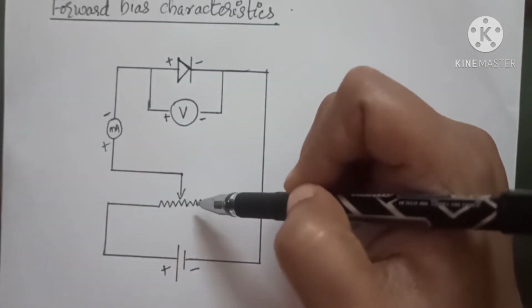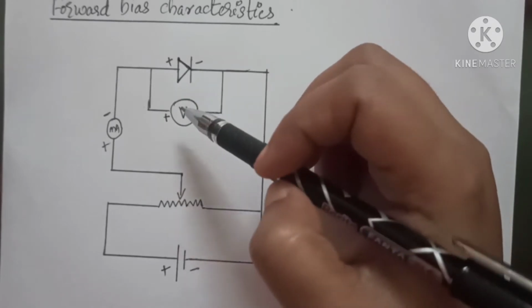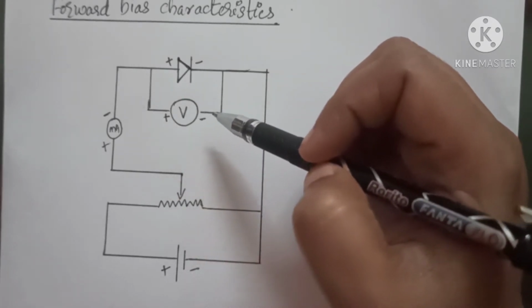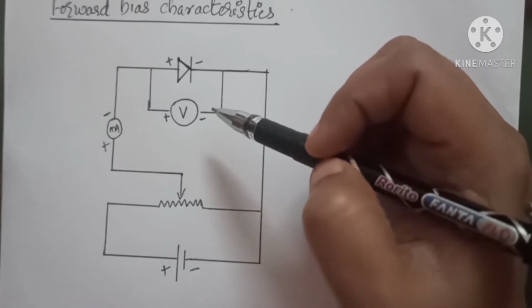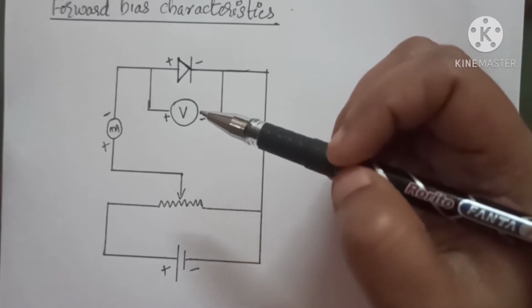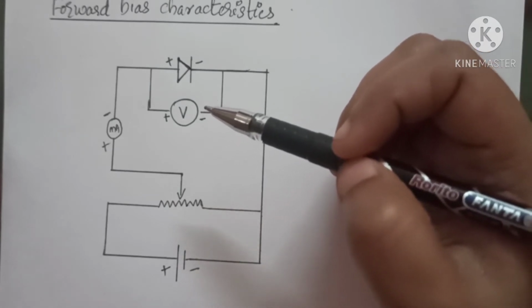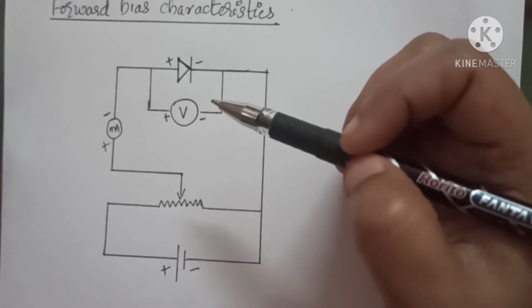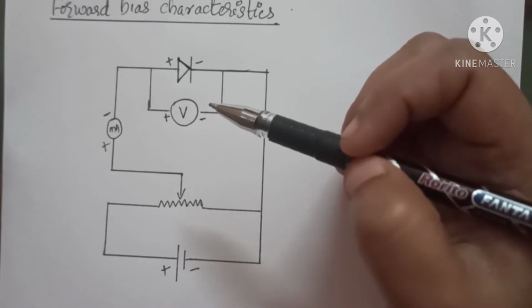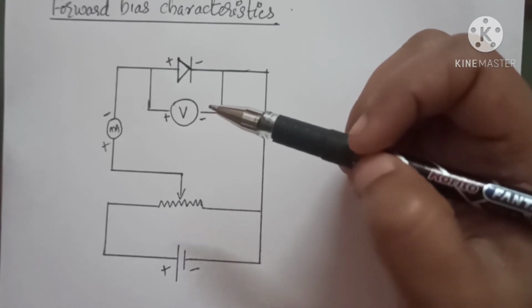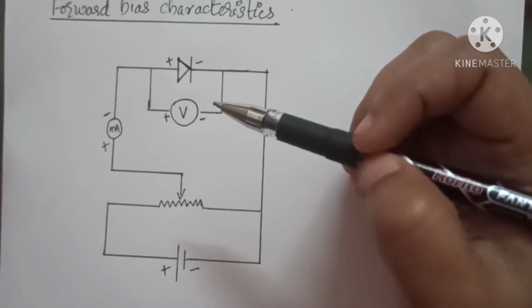So by varying the rheostat, you can see that there is a change in the voltmeter, and as a result of the change in voltmeter, you can note a change in the ammeter. But it is not similar to what we observed in the case of Ohm's law. In Ohm's law, you can see a direct relationship. That is, when the needle of the voltmeter starts its movement, you can see a movement in the ammeter also.